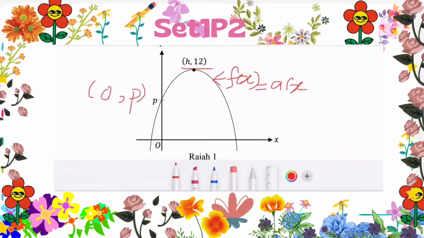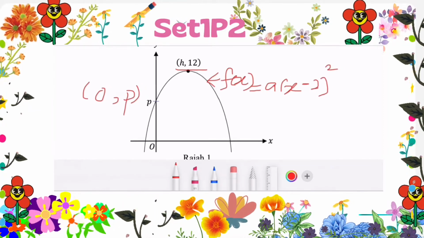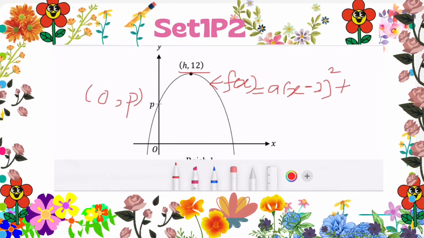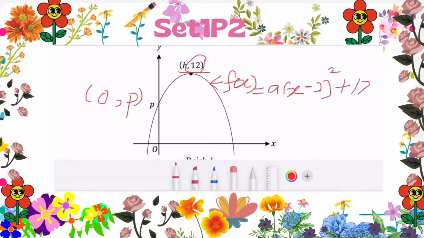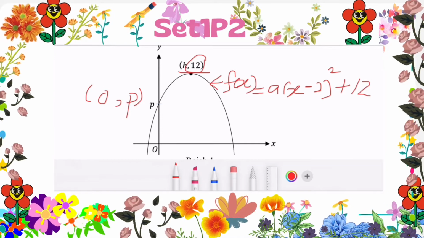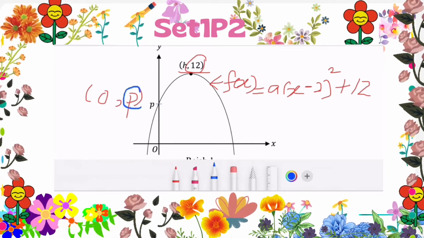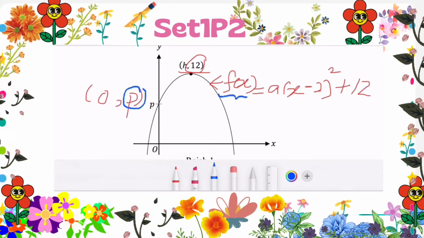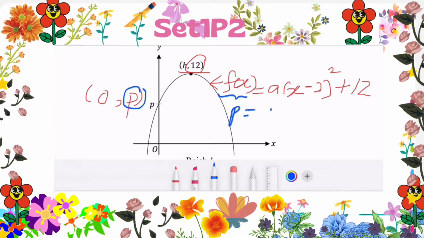Just now h was 2, right? And then plus the maximum value here is 12. So this is a graph of the quadratic function, so it's a function, so we can substitute. This f(x) is y, p is y. If we substitute x,